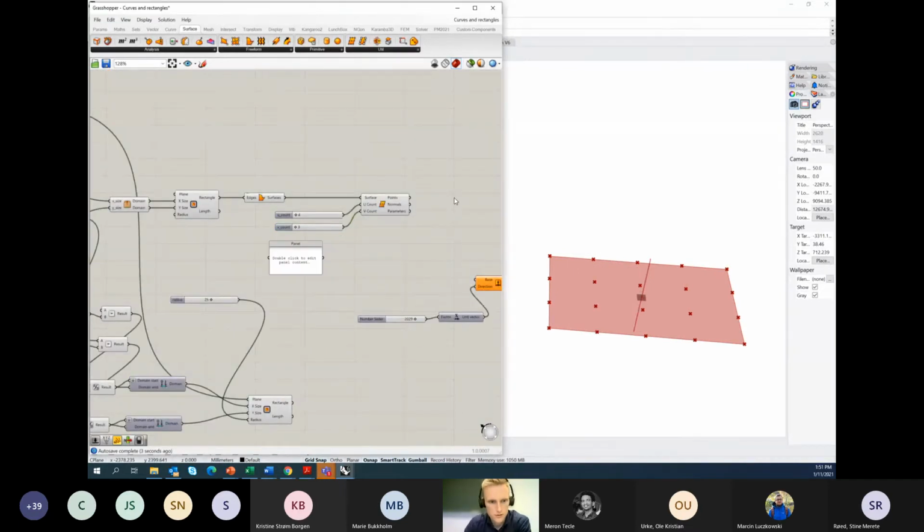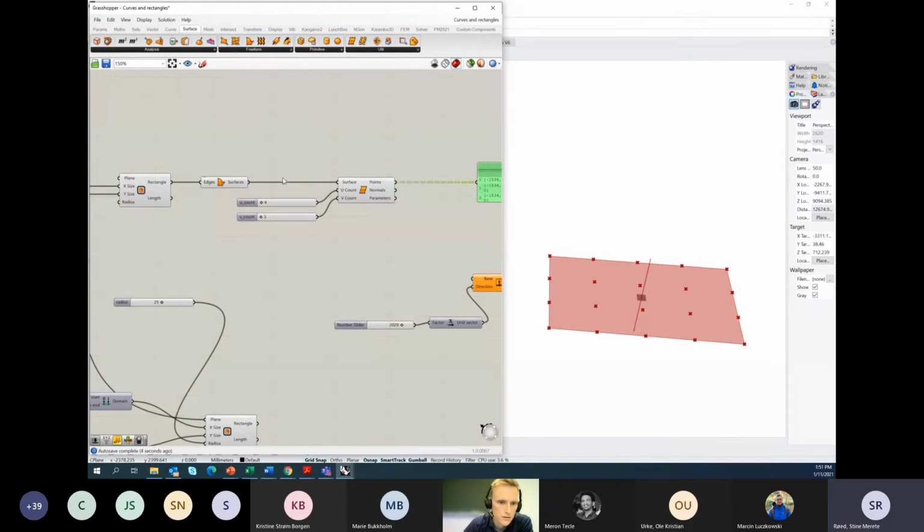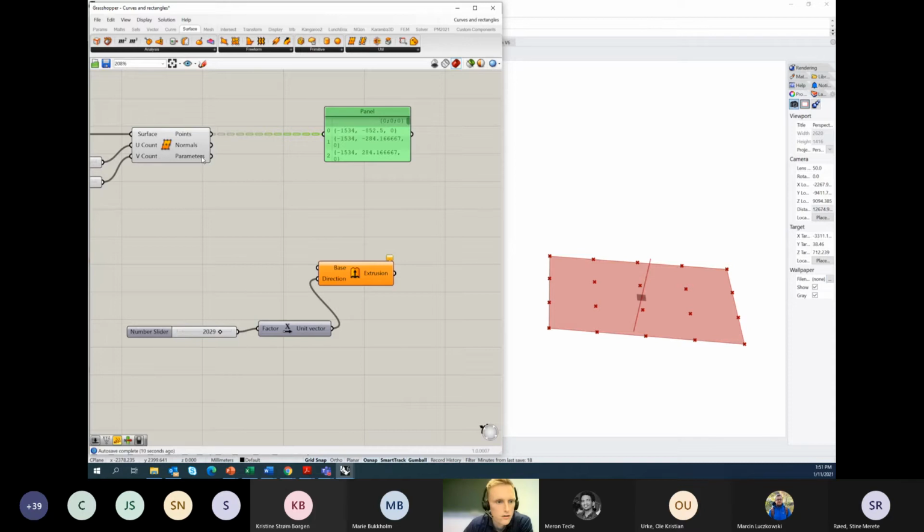The output here, just to show you, will be what is called a data tree. We're used to having these straight lines, meaning that it's just an item or a list, but now we have a dotted line. If I hover over here, you can see these curly brackets and an integer, and there's another bracket with the number of items in the list. This is what's called a data tree, and you will look at this tomorrow, but it's not about it. You can look at it as a 2D array or a matrix if you're used